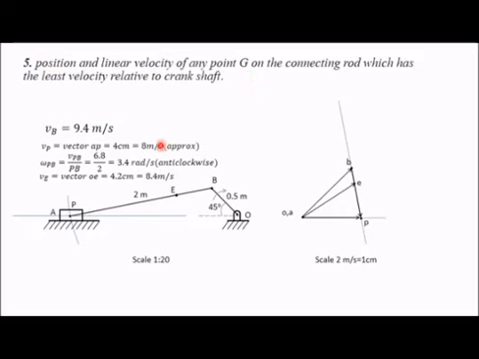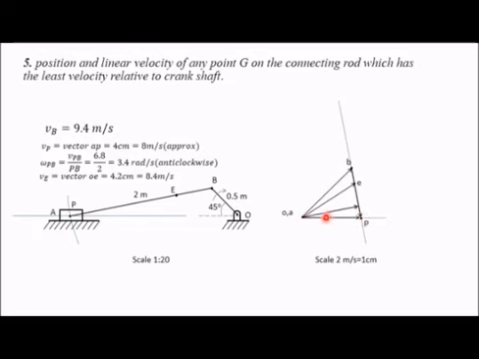Now there is a point G on this connecting rod PB. That point G we have to locate such that the velocity of G is minimum. Now G will appear in this line only, and in such a way that its distance from O should be minimum, because we require minimum velocity, and the velocity is the line joining that point from O or A. Therefore we will draw a line which is perpendicular to this BP.